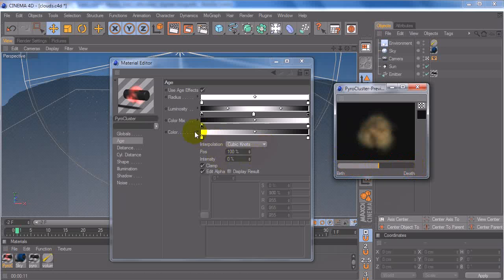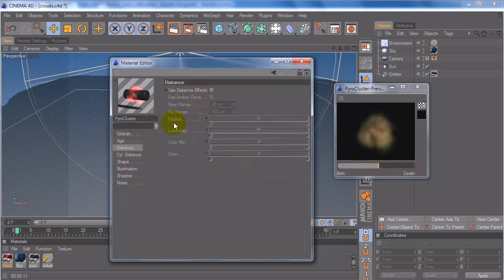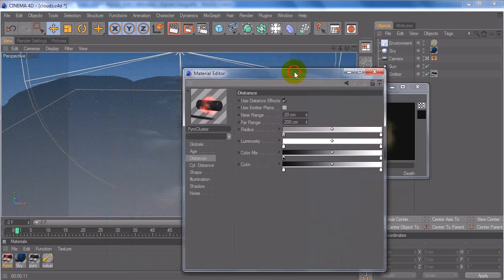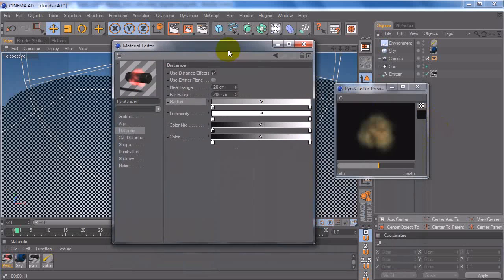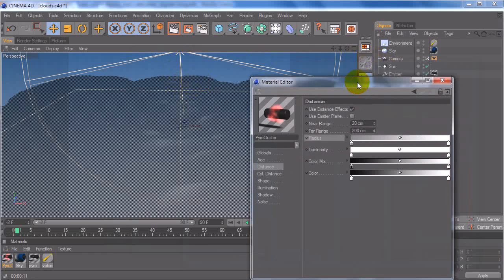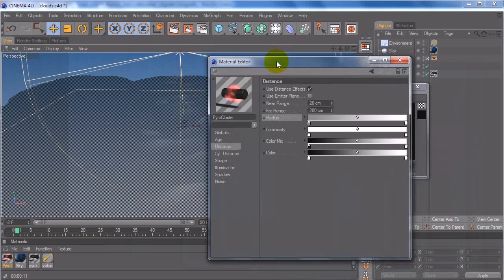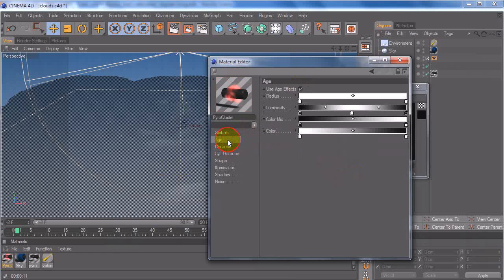Alright, the distance effects, basically the exact same as the age, only this time it's affected by how far away it is from either our emitter, which we can set it to use the emitter plane, or we can just have a near and far range. And the left side is the near range and the right side is the far range. So we actually can't see it over here because our volumes basically stay in place. But the further away it gets away from our emitter, we can affect how our Pyrocluster looks. This would be useful for something like, say, a meteor, or maybe a rocket blast further away it is from the ground. You can affect the radius, luminosity, color mix, and the actual color. And they can be used together with age effects, but most of the time age will take precedence over the